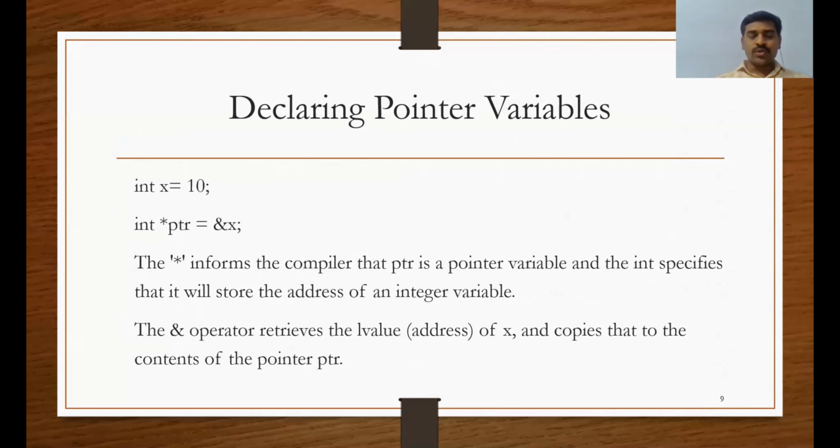Now, how to use the pointer variable in our program. The next video is how to use a pointer variable in my program. For that purpose, I have declared one variable. What is the name of the variable? Integer x is equal to 10. And then I have declared one pointer variable. What is the pointer variable name? ptr. A pointer variable is always declared with the star before the pointer variable name: star ptr is equal to